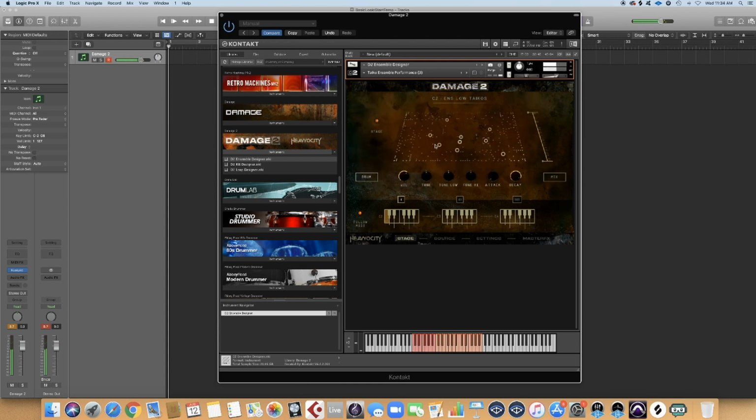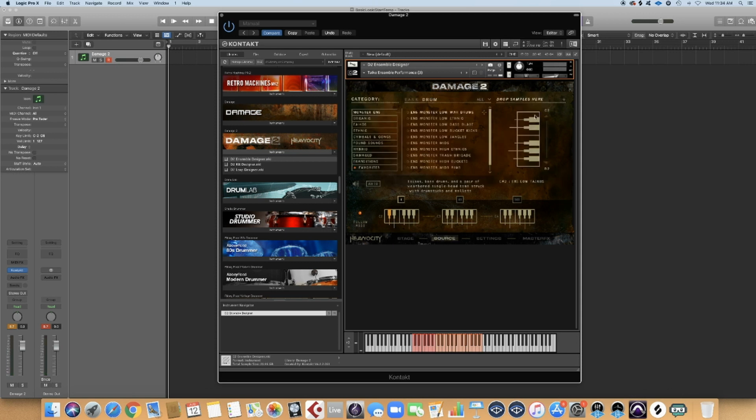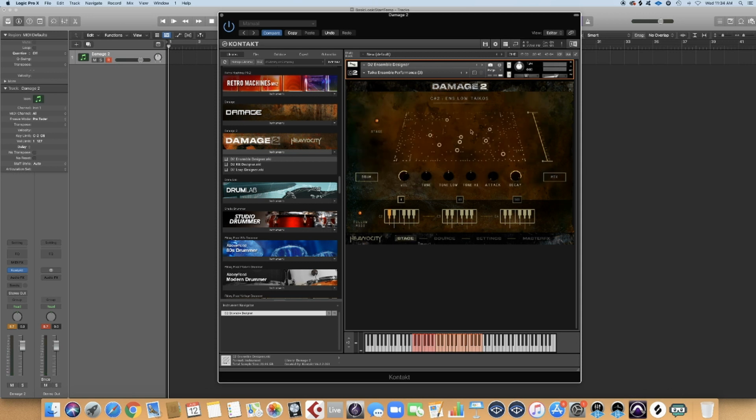You could simply take this same drum and assign it to all of these keys via the designer here, and then move them into different parts of the space and create this antiphonal kind of thing where each hit is in a different position around the virtual